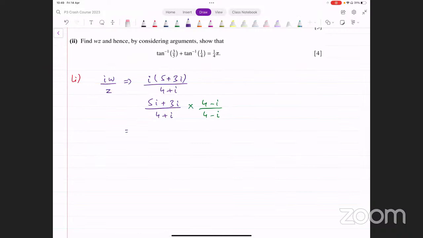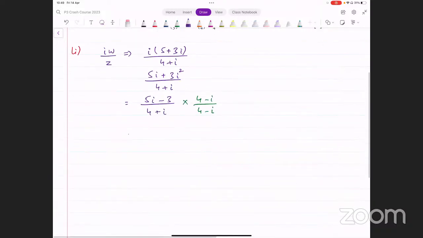If you simplify this, in the numerator, by the way, I have 5 iota plus 3 iota squared here, not just 3 iota. Let's simplify the numerator first. So this would become 5 iota plus 3 into minus 1, which is going to be minus 3. In the denominator, I have 4 plus iota, and I'm multiplying and dividing this by 4 minus iota. Let's simplify this and see what we get from this. If we multiply the numerators, that gives us 20 iota minus 5 iota squared minus 12 plus 3 iota,